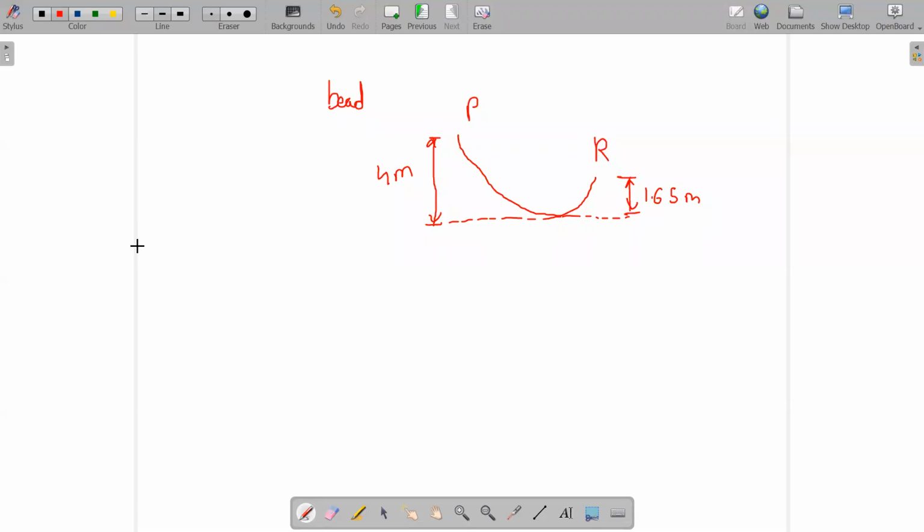So let me give you some options because some of the people are giving answers in some point values. So the options are, write it down. Option 1, 7 meter per second. Option 2, 5 root 2 meter per second. Option 3, 6 root 2 meter per second. And option 4, 6 meter per second. I'm repeating once again, 7 meter per second, 5 root 2 meter per second, 6 root 2 meter per second, and 6 meter per second.